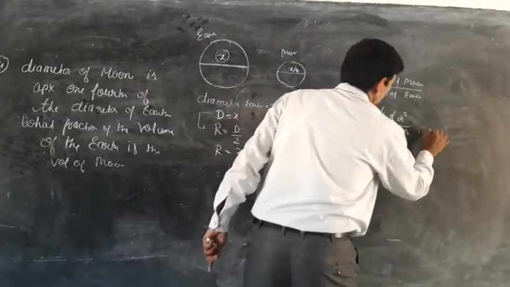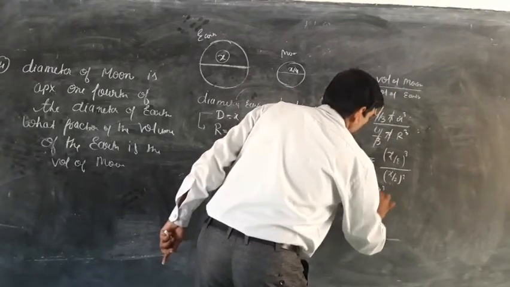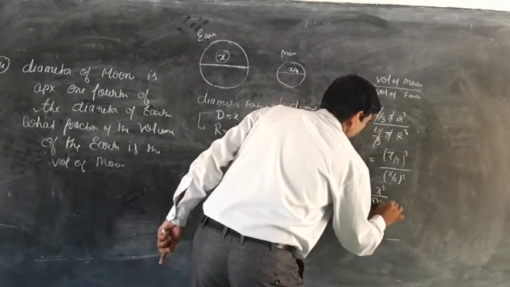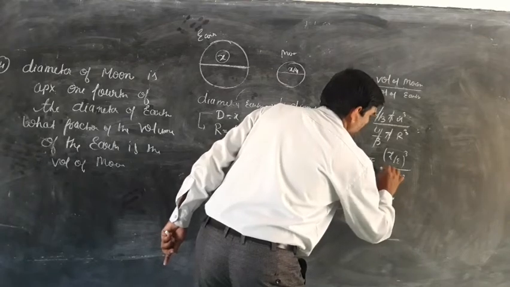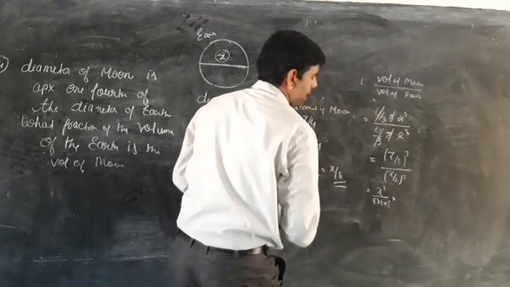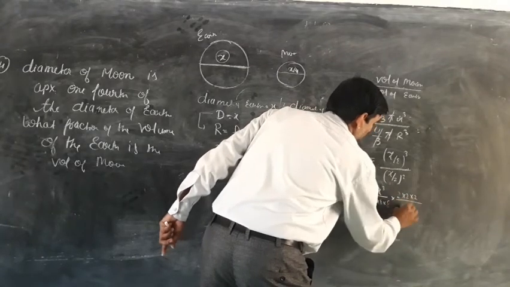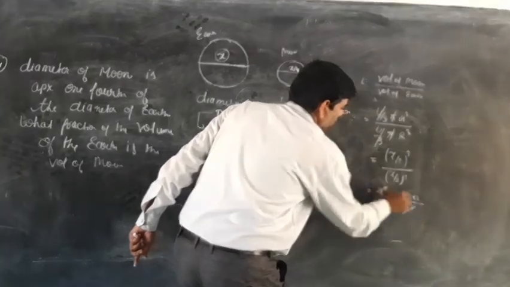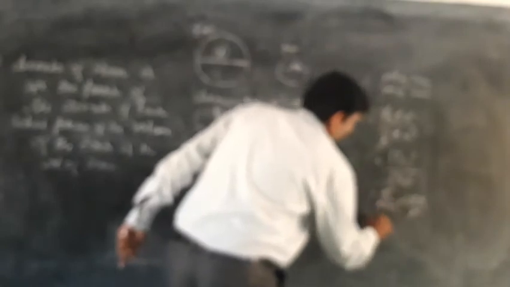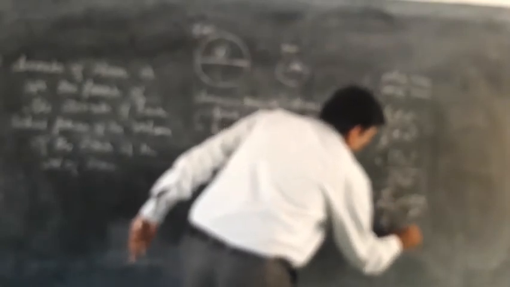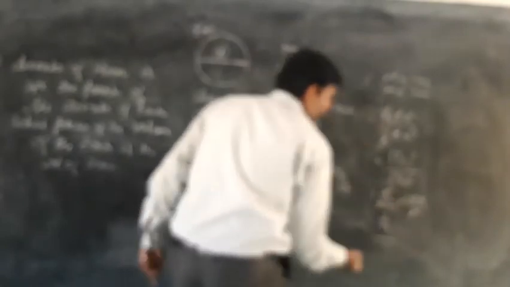That is x cube upon 8 into 8 into 8, and the divide changes into multiply with the reciprocal, 2 into 2 into 2 upon x cube. x cube cancels, and 2 to the 4, 4 to the 8, that is 1 upon 64, that is 1 ratio 64. The fraction is 1 upon 64.